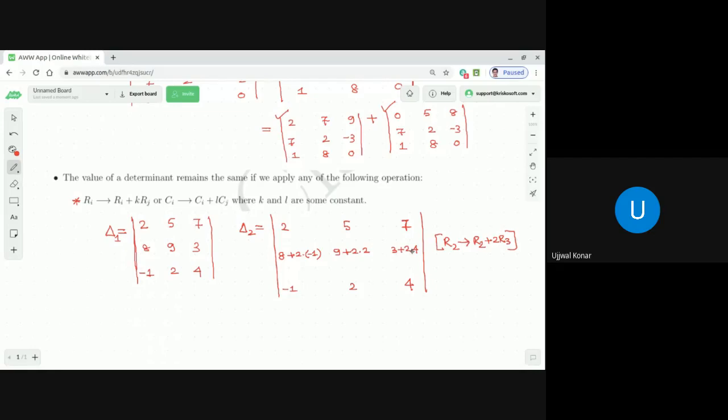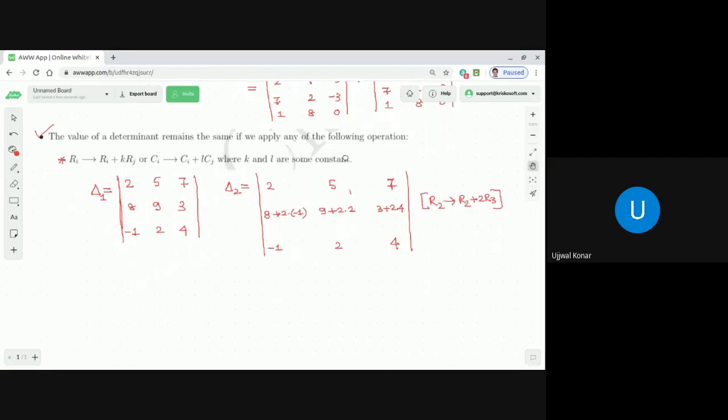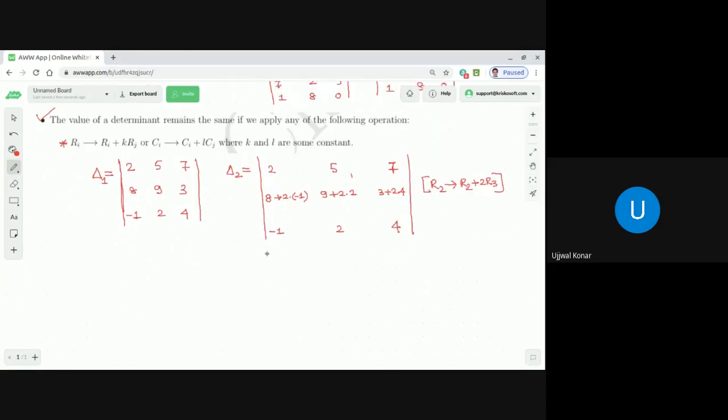Now, according to this statement, what you see here, dear students, the value of delta 1 is equal to the value of delta 2. Right? Now, how the value of delta 2 is equal to the value of delta 1, I want to show you. Now, dear students, the moment we get delta 2 like this, we just learned that we can express this delta